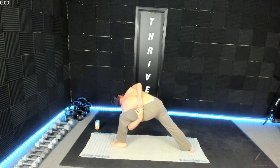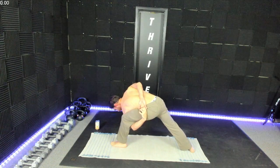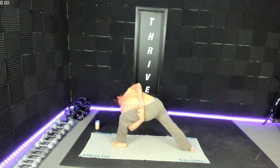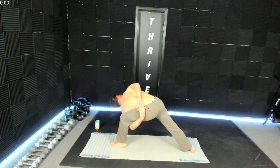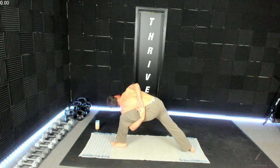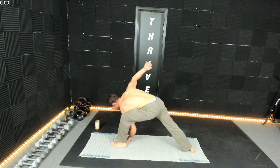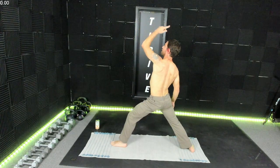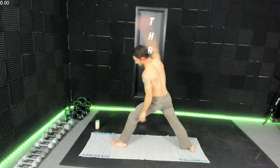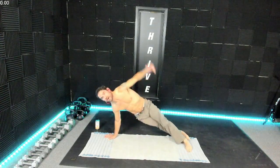Ground through both feet. Something new with each breath. One more in, and then exhale, look down, release. Variations come back, inhale, reverse warrior. Exhale, cartwheel down. Side plank, breath in,